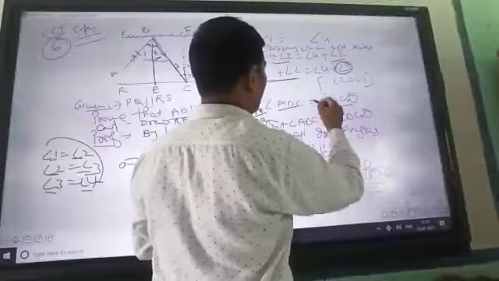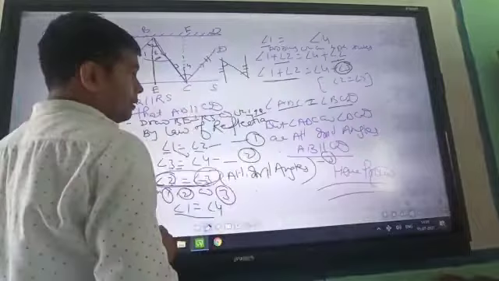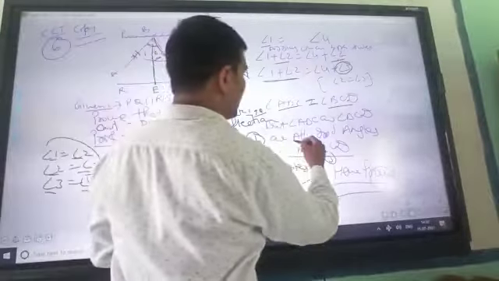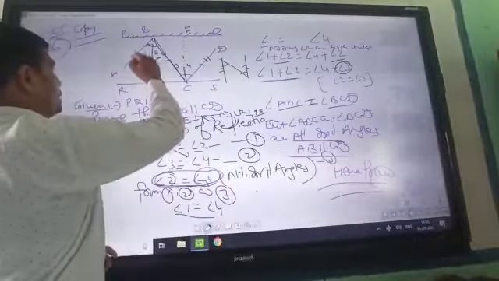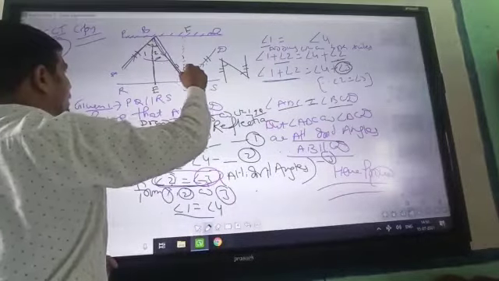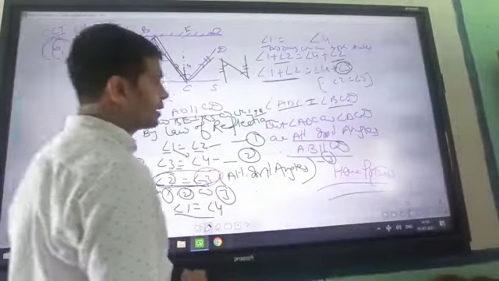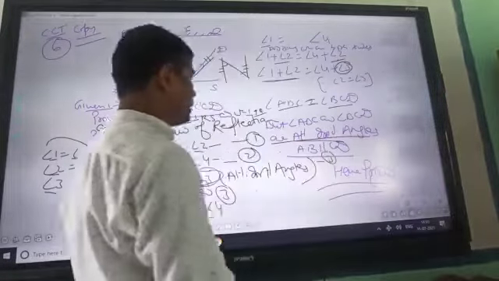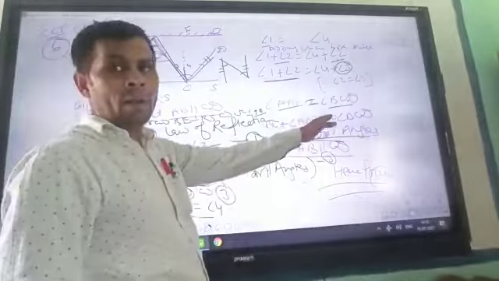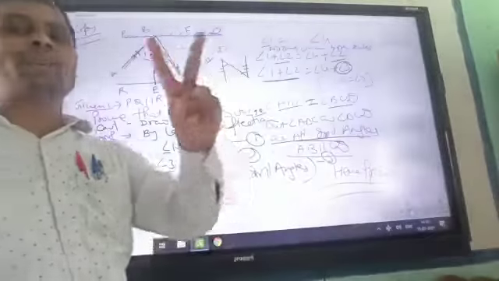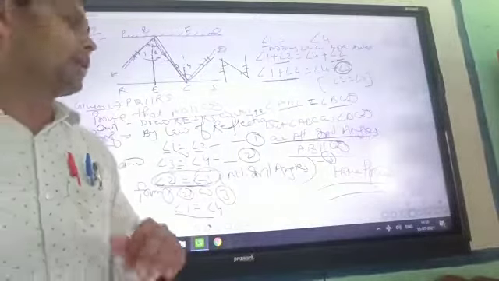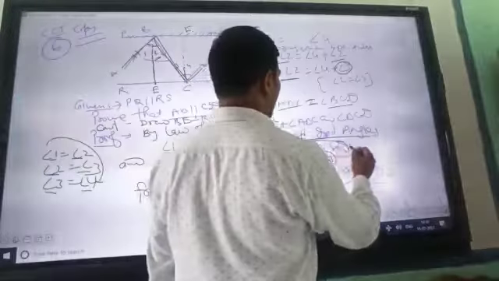I have mentioned it here. So now since these two angles are equal and they are alternate interior angles, you can see here they form the letter Z. Since these are forming the letter Z, they are alternate interior angles. Since the angles are equal and alternate, these two things are sufficient to prove that these two lines are parallel. That's why AB will be parallel to CD.